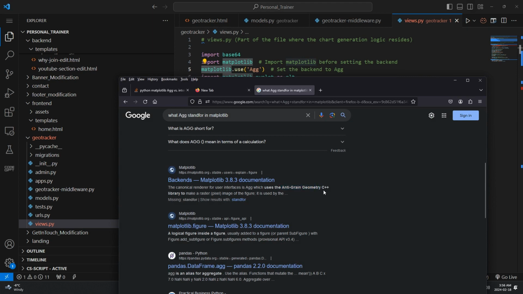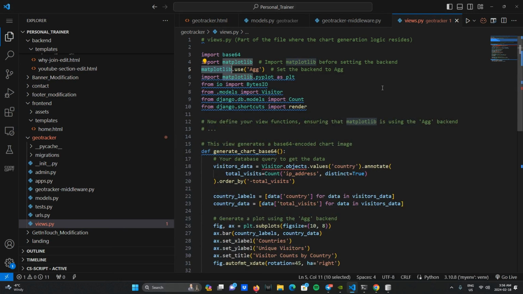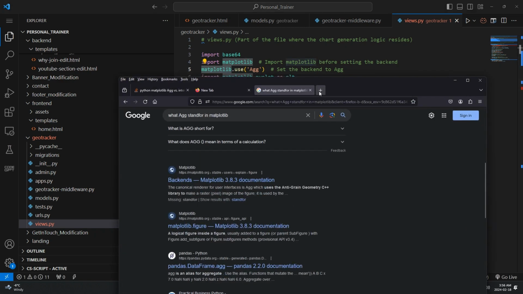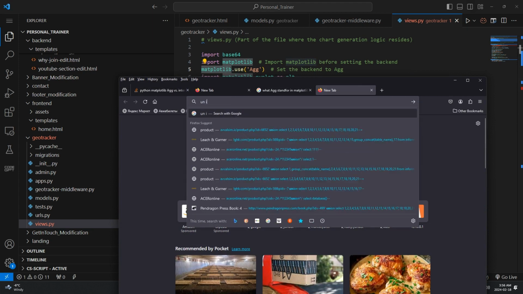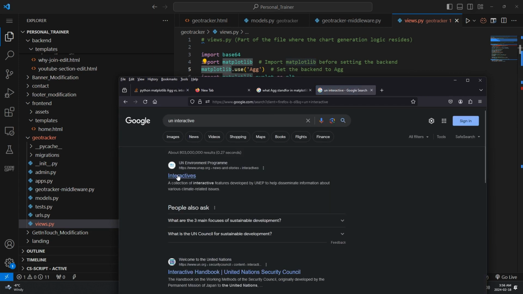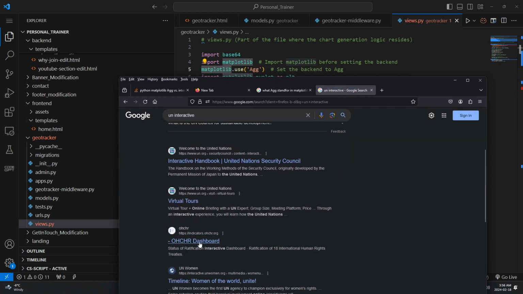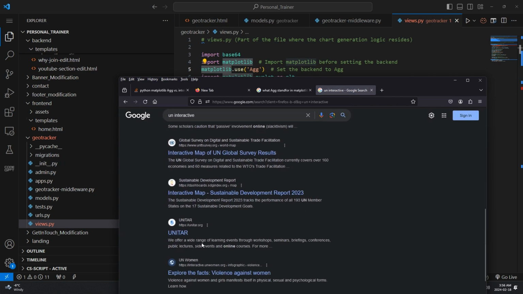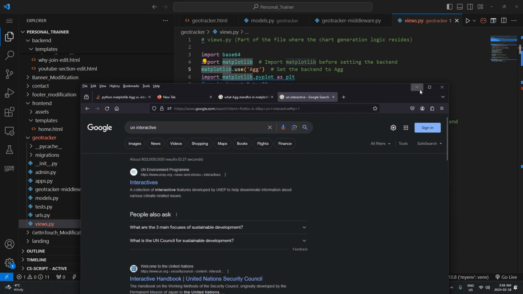anti-grain geometry, which is going to make your plot, I don't know the English word, non-interactive or interactive. Actually, right now I don't know the English word. Anyway,